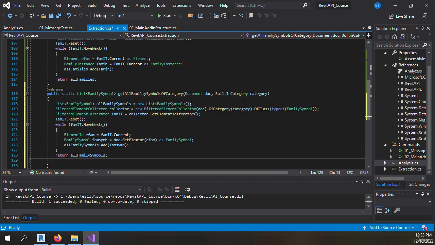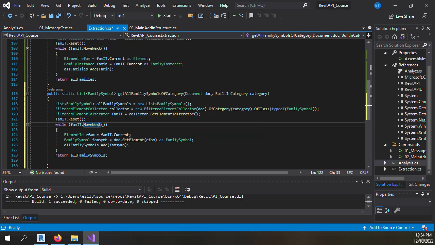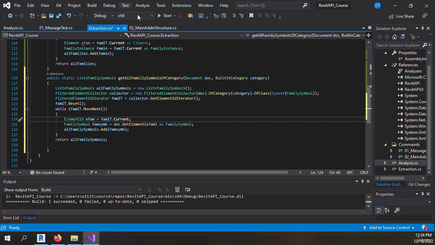As far as we know, this is going to be picking all family symbols while it still has an iterator. If we change this one, instead of using the ID, we can use it as the element. But since we want to pick it as a family symbol, the best way is the ID. Remember that this as is not changing the family, it's just catching it, so that if the family we have is a family symbol, it can become a family symbol. So with this in mind, next thing we need to do is we're going to save